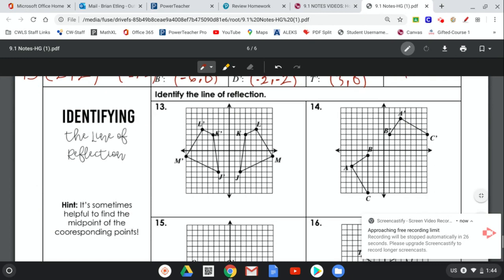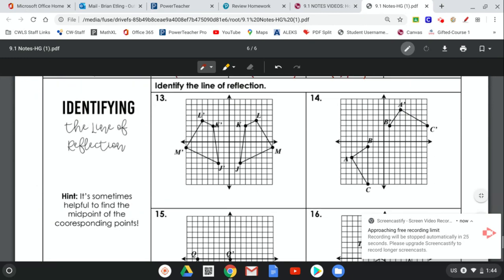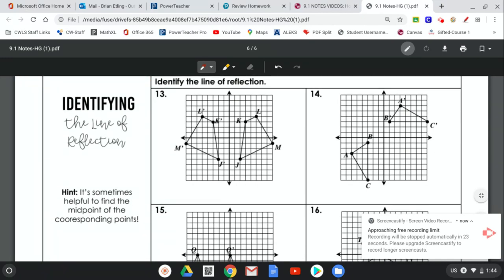So for the next part, identifying the line of reflection. All right, guys. So I don't think it's too difficult. Like obviously in number 13, what's it reflected over? The y-axis. You know what I mean? That's pretty simple, I think. And even in number 14, we kind of see that the middle between those two